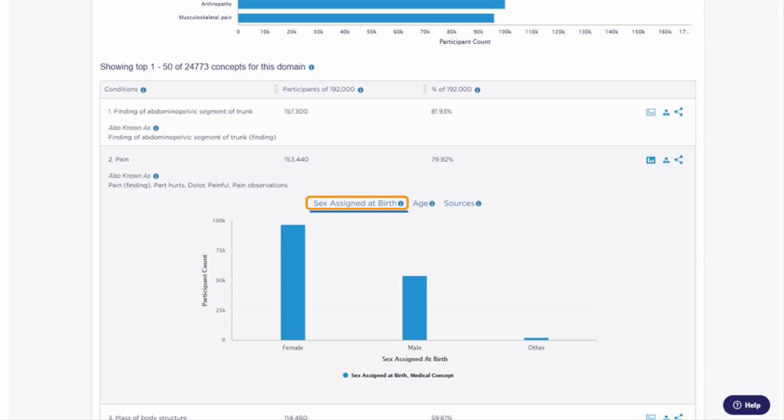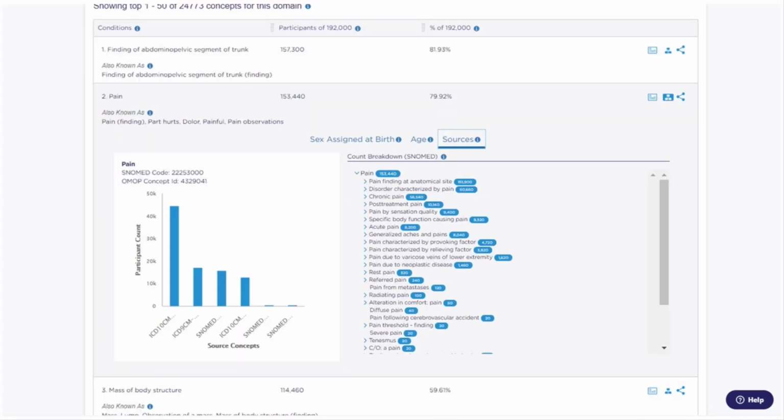Above the vertical bar chart are tabs providing users with other viewing options for participant count displays, including by age and sources. Select the Sources tab to discover more details about the condition. Note that there are a few terms on this page that may be new to you. Vocabulary and concept codes are used by the researchers studying these conditions.